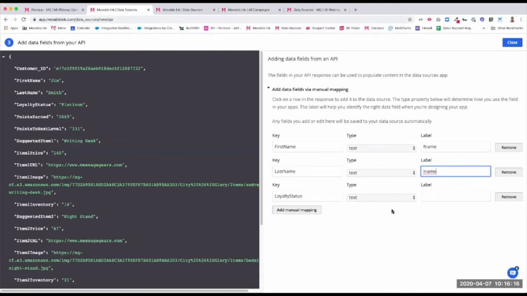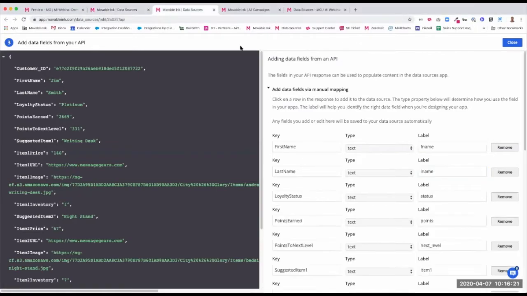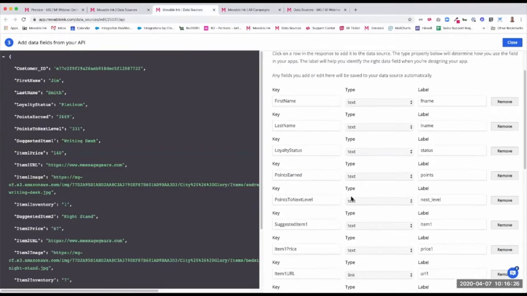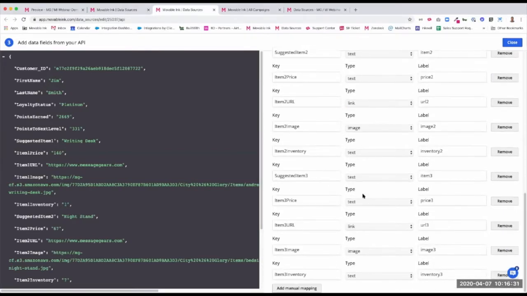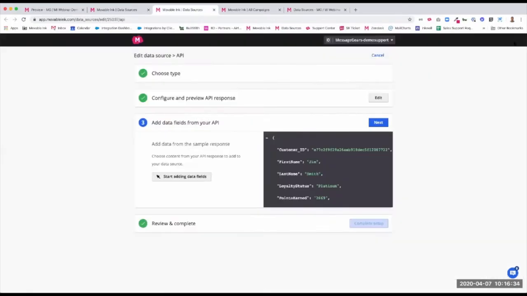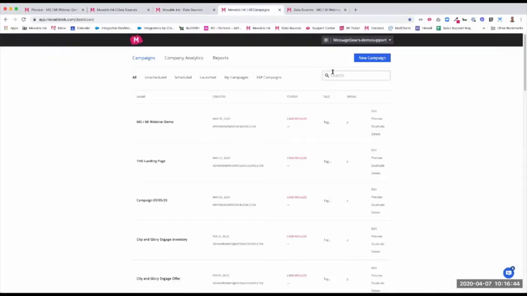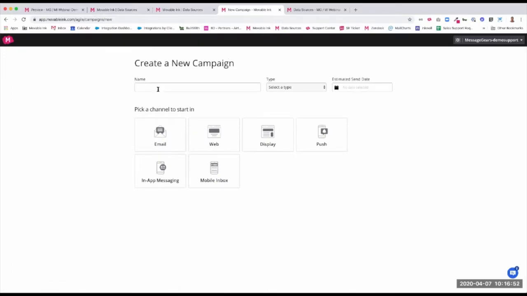For sure. All right, so I'm not going to waste everyone's time by mapping all of these fields and actually setting this up, since magically in a cooking show fashion, I have a data source all set up to use here. What I can do is actually bring that data set that I've mapped into Movable Ink Studio. So I've moved over to Movable Ink's homepage here, and I'm just going to create a new campaign. We can give this campaign a name, and we're going to choose the channel that we're working on. So, for this example, we're going to choose email, but